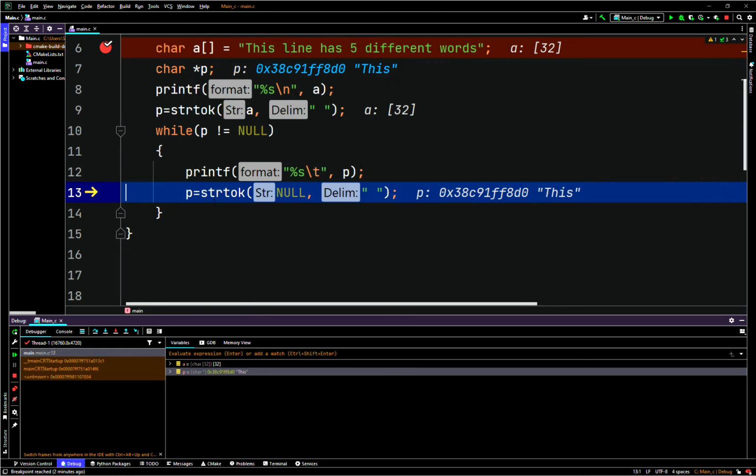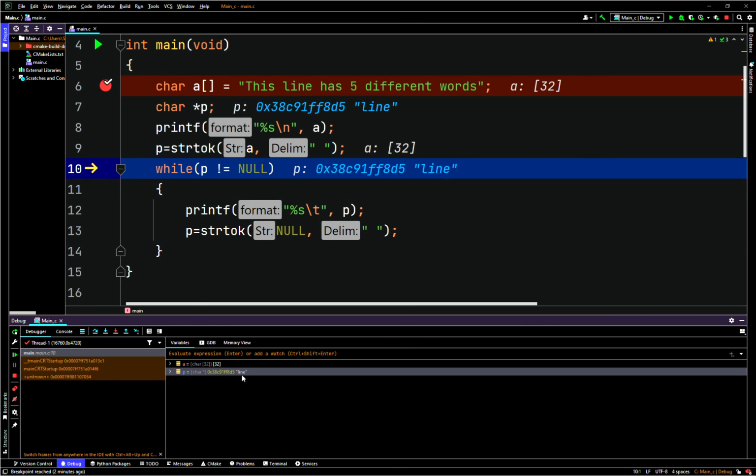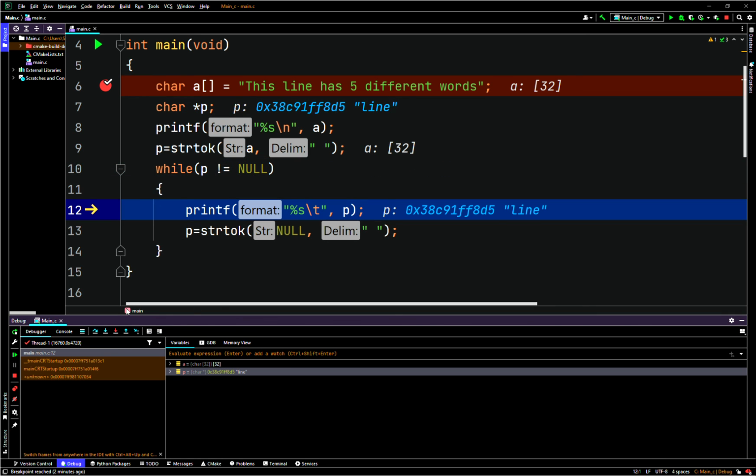So this, and then P points to strtok, passing in null, and then the white space again. So what's going to happen again, if you guys didn't understand, is that since we passed in null as the first parameter after it's been called once already, then automatically the function knows to go to the next token after the first one already has been retrieved. So P should now point to line if we step over. See, as you can see, it points to line. And we'll step in, print out line to the